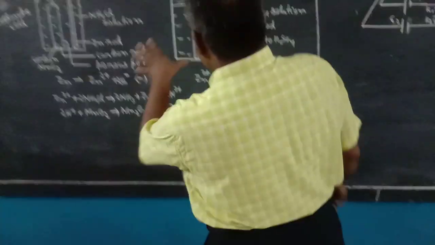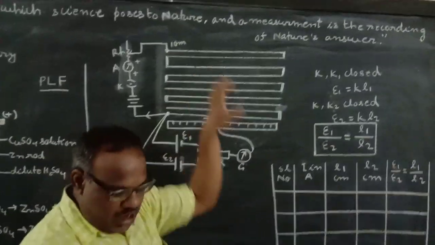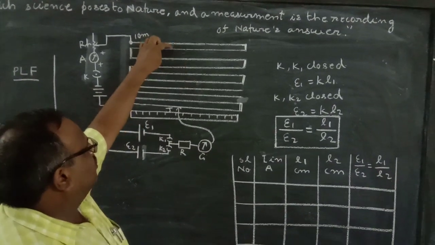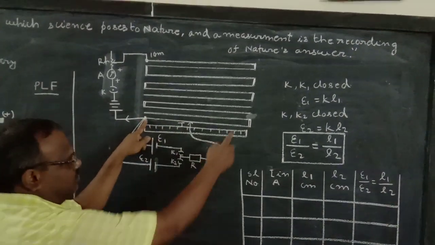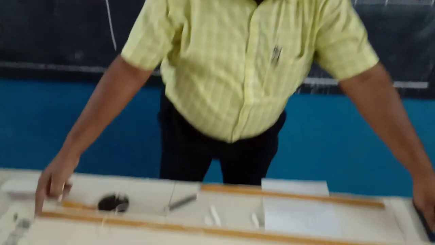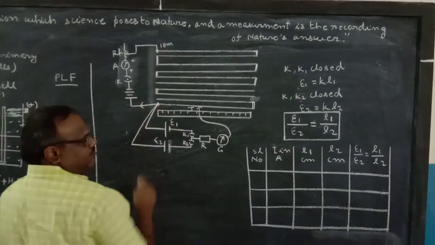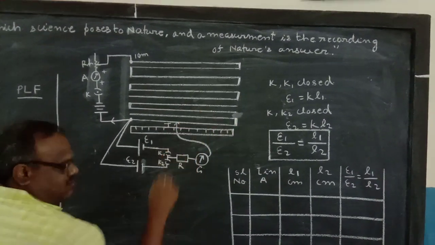Now let us see, this is the potentiometer. Here I have taken a 10 wire potentiometer. You see here there are 10 wires. I have drawn it 10 wires: 1, 2, 3, 4, 5, 6, 7, 8. Here 10 wires are there, starting from here. And from this to this end, if you see, this is the scale, and this will be 1 meter. So you are getting a total of 10 meters, and the ends are connected, and here are uniform wires.